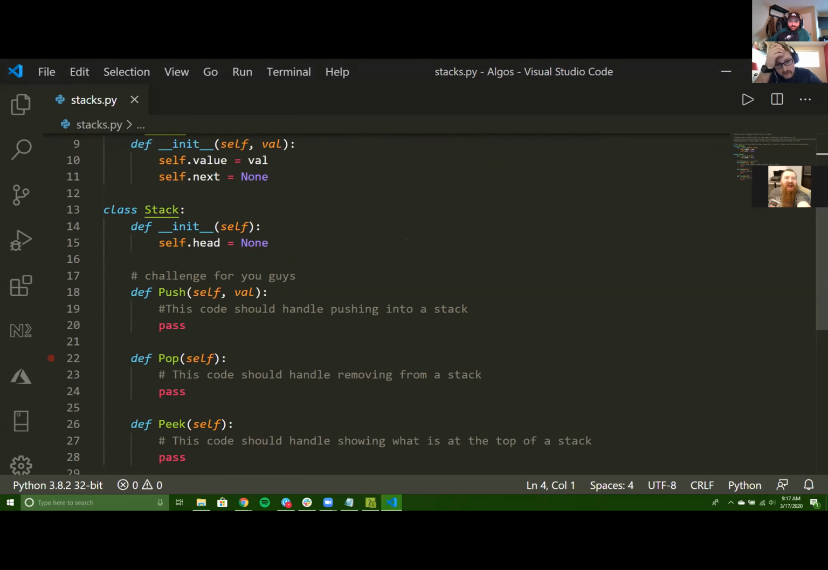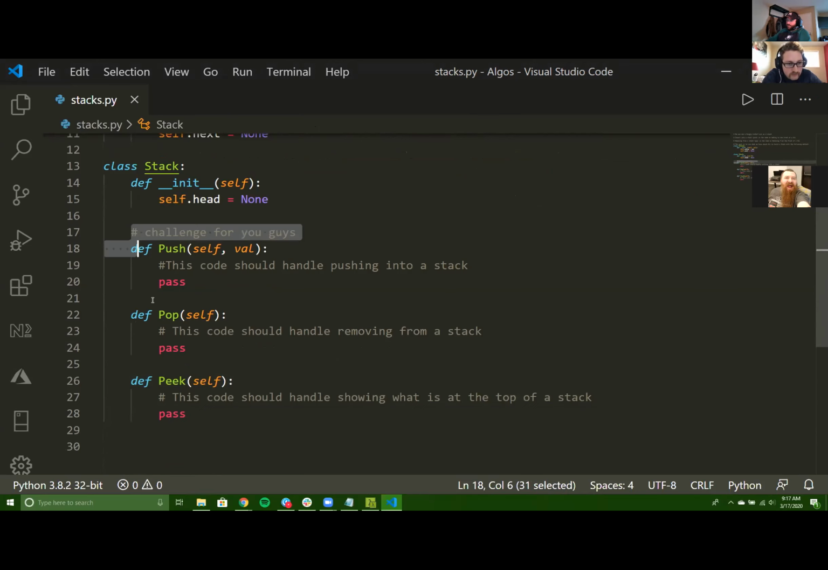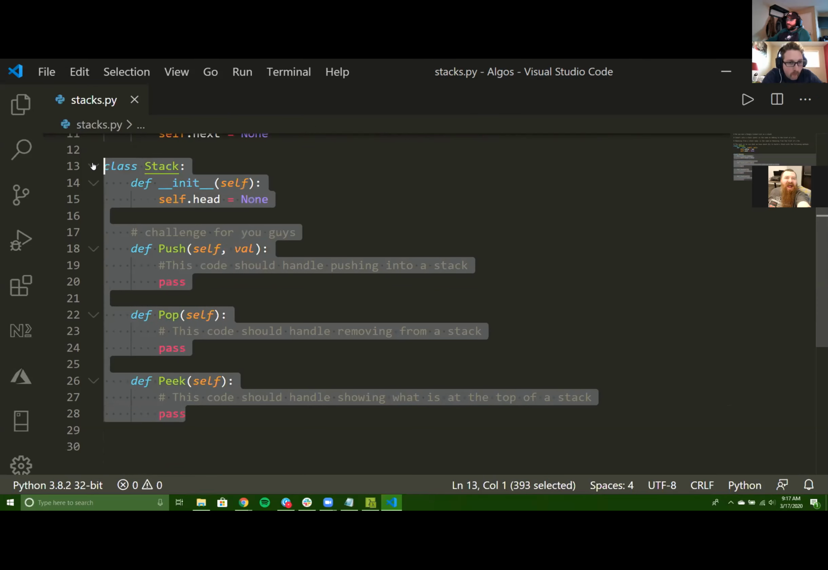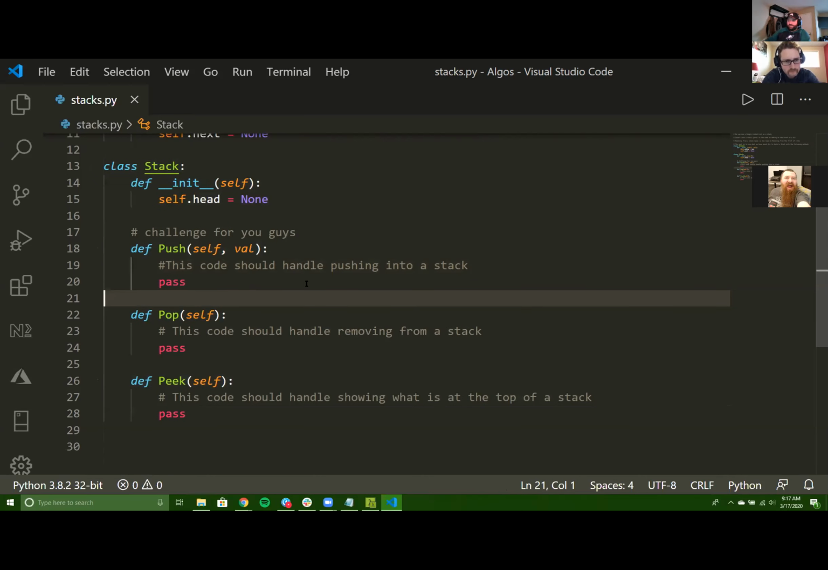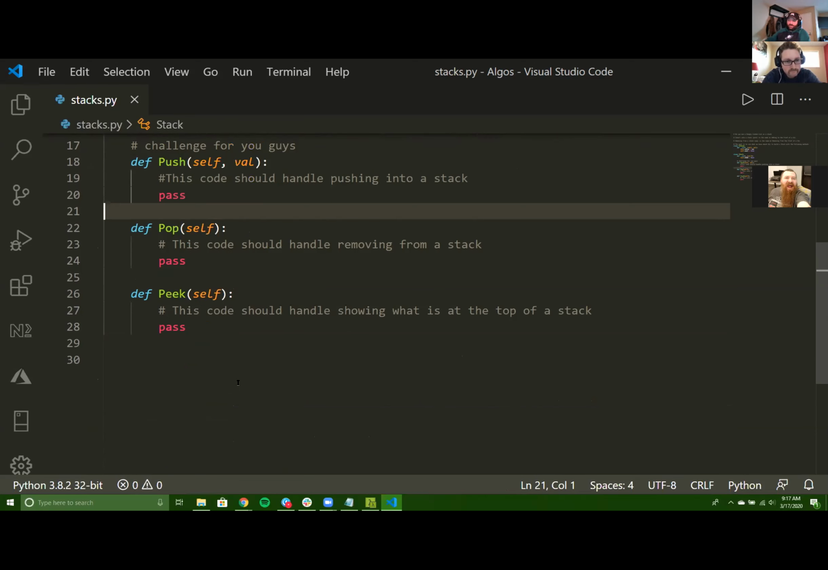So peek is like a built-in? No, you have to define it. Peek doesn't exist. Peek, push, and pop are methods of the stack class that we're making that you have to define yourself. I thought push and pop were like built-in thingies. Push and pop are built-in things for a, you know,